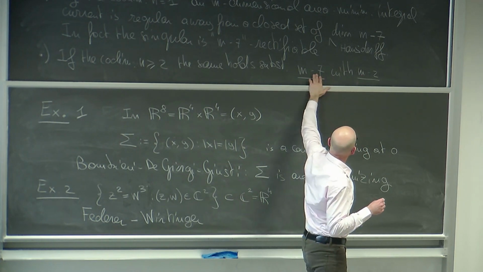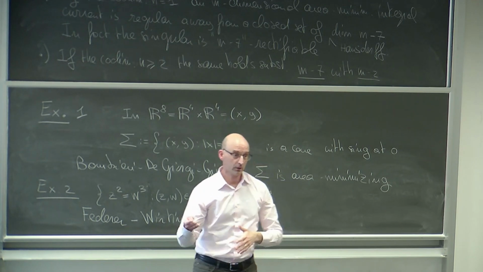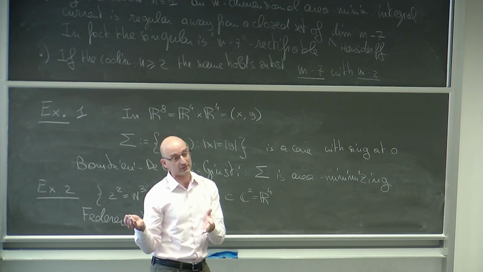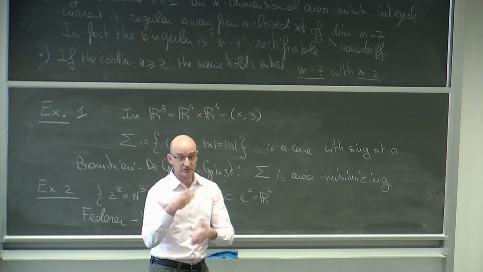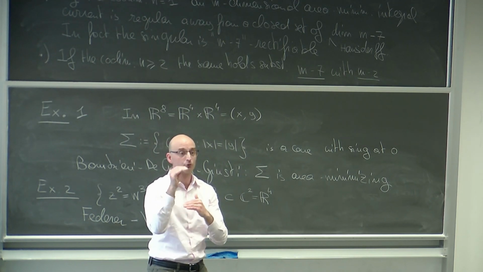It's not a counterexample to this because this rectifiability would kind of ignore sets which are null for the n minus 2 dimensional measure. And these examples have some sort of fractal dimension which is between m minus 2 and m minus 3, for